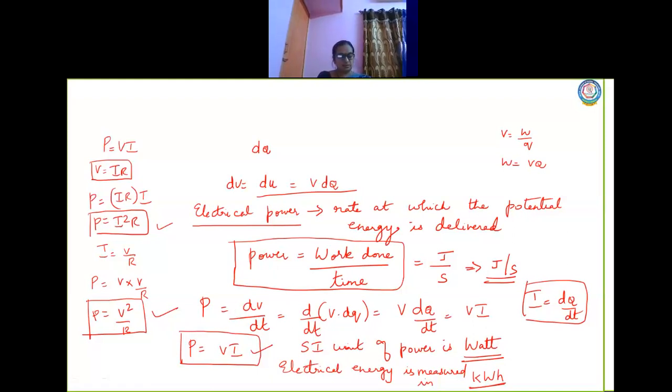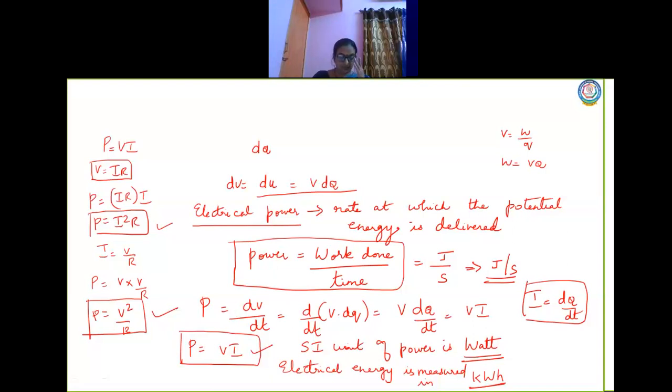And I was also telling you about electrical energy. Electrical energy is measured in kilowatt hour, and 1 kilowatt hour is known as 1 unit of electrical energy. All these data are there in your textbook on page number 100, children. Is it clear? So with this I wanted to discuss the example problem which is there in your textbook. Page number 101 you take, let us discuss the example 2.15.